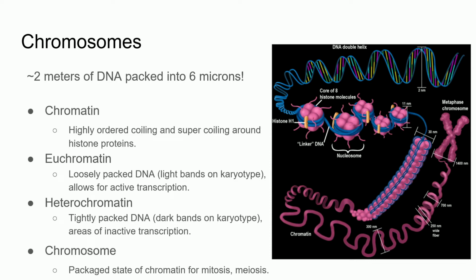It is this supercoiling that allows the full length of the human genome to fit inside the nucleus of a cell. Modifications on histone proteins allow for the chromosome to be wound up tightly, which we call heterochromatin, or loosely, which we call euchromatin. And this has ramifications on gene expression in those segments of DNA.